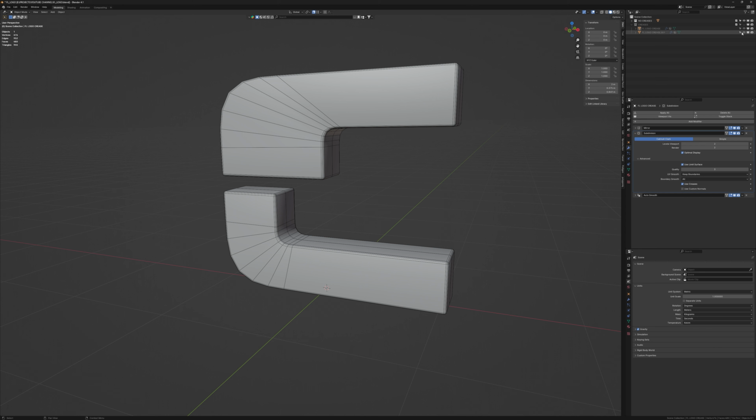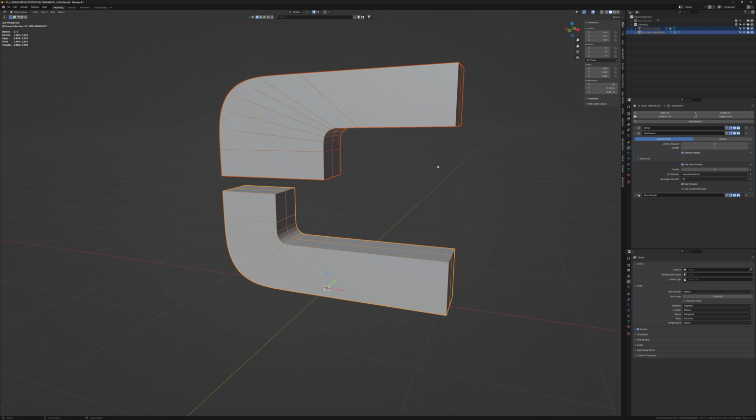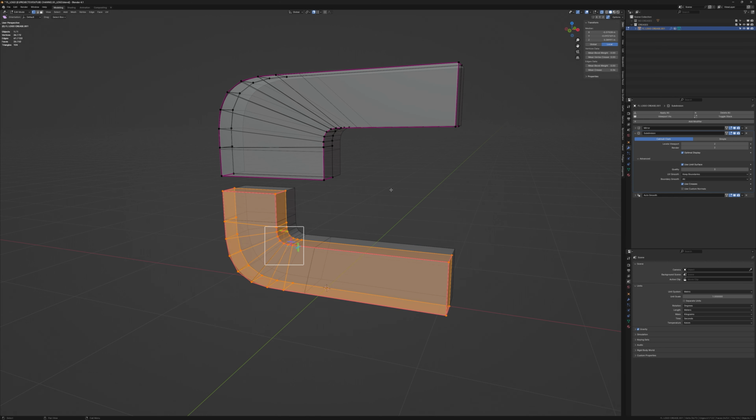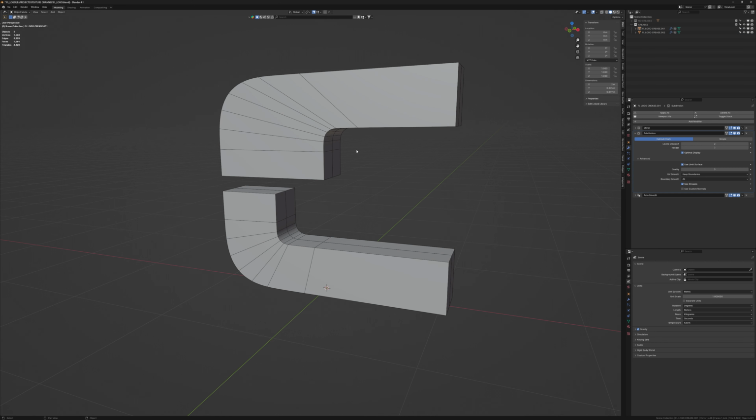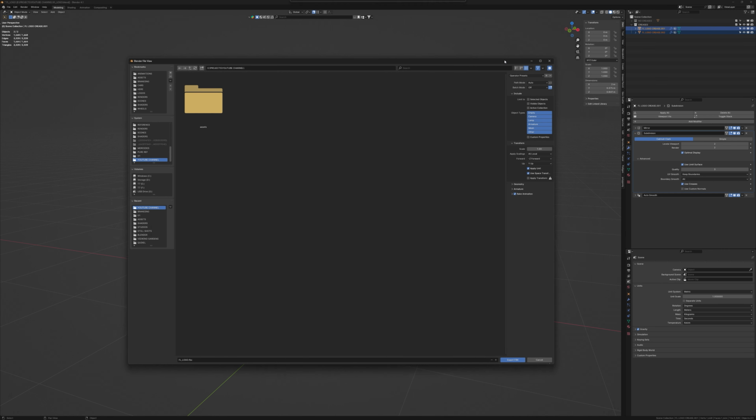Okay, and now let's see how we would do something which has creases on it. With creases, each component has to be a single piece. So, for example, this is one component, but it's made up of 2 pieces, so this wouldn't work. So hence, select those, separate, and ready to go. So once each part is a separate piece, you can then select them, go to File, Export, FBX, and then